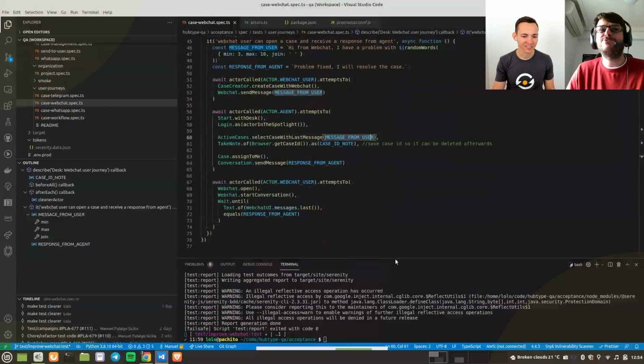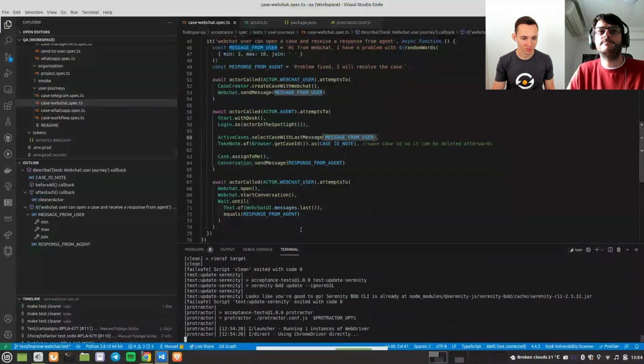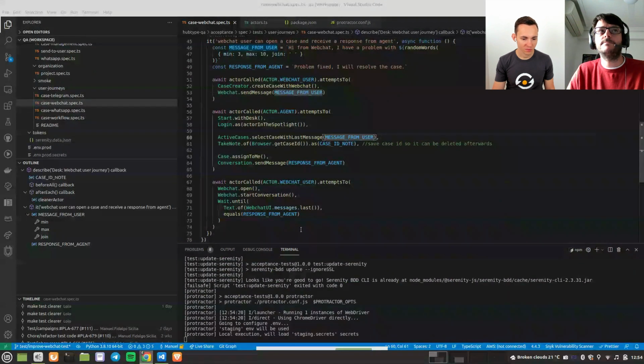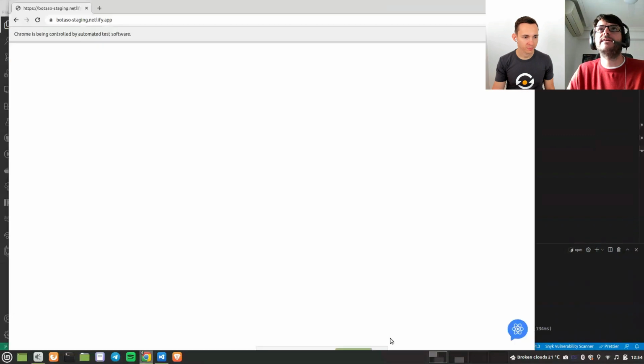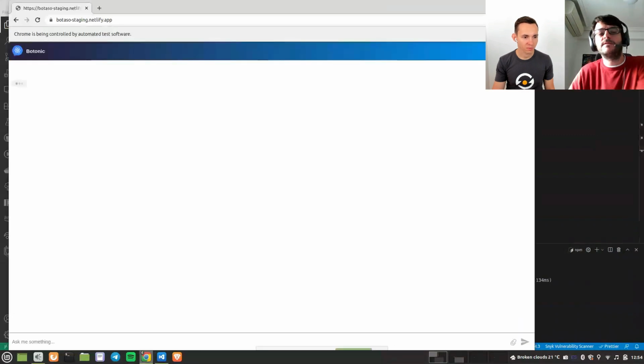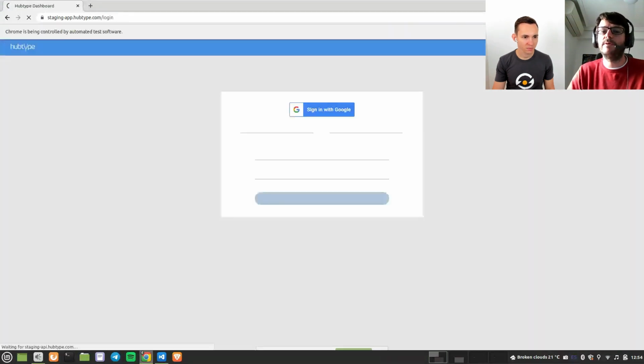Yeah. So we can give it a run and see how it goes. This first part is the web chat. So it's the user saying agent, which will do the handoff, and this one is our platform.